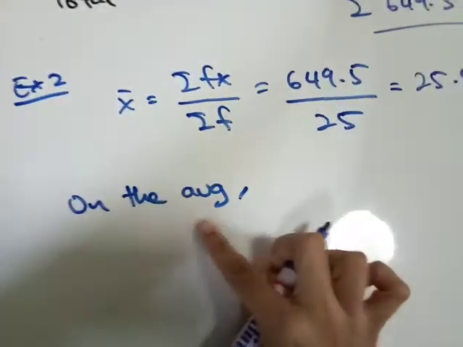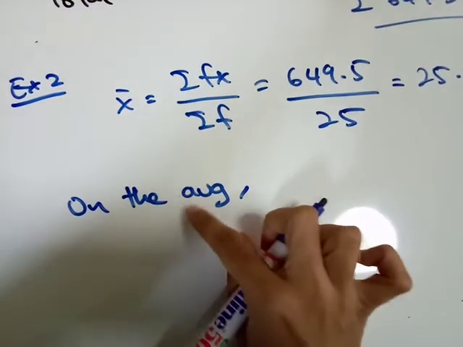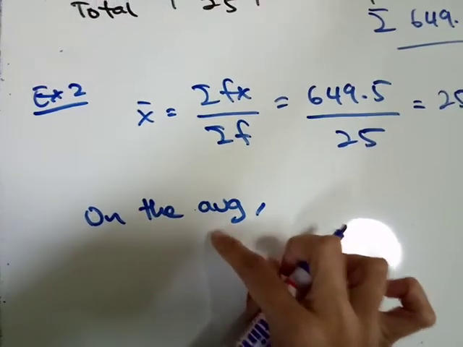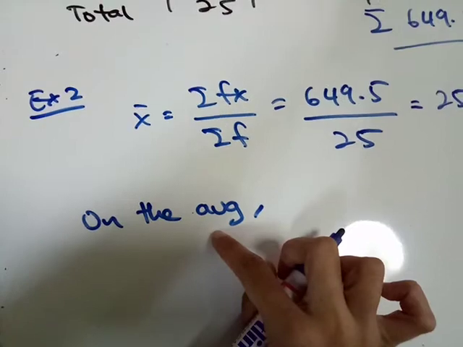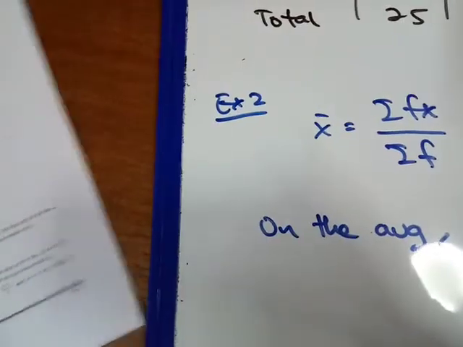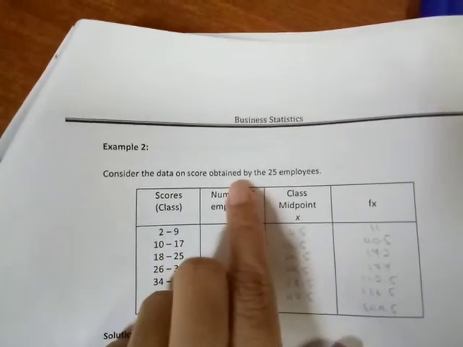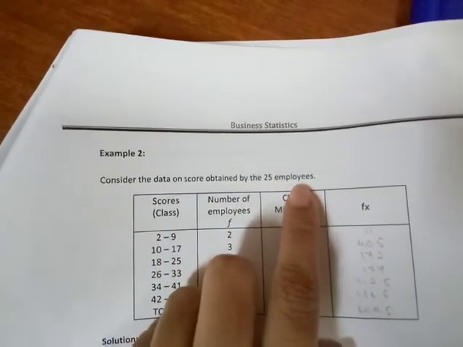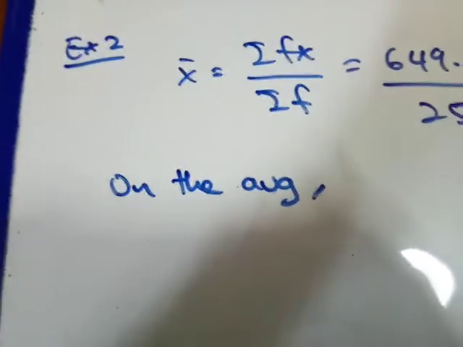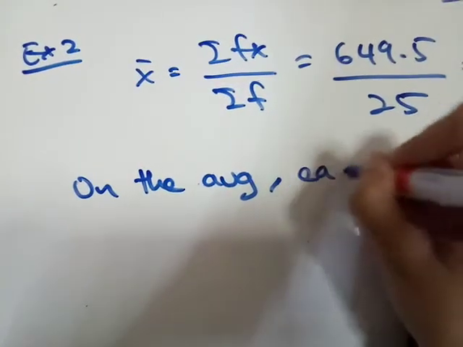Yang ni awak tulis full, AVG ni saya short formkan saja. Kalau baca pada statement, dia data on score obtained by 25 employees. Okay, tentang employees and score. So, on the average, each employee